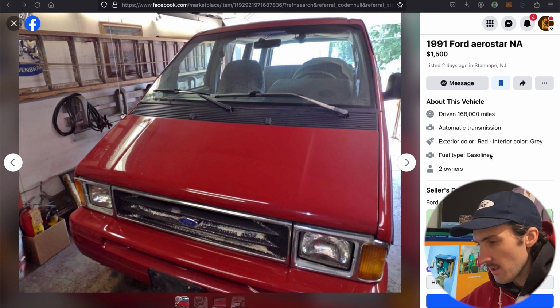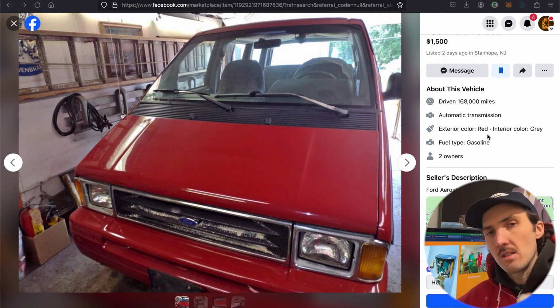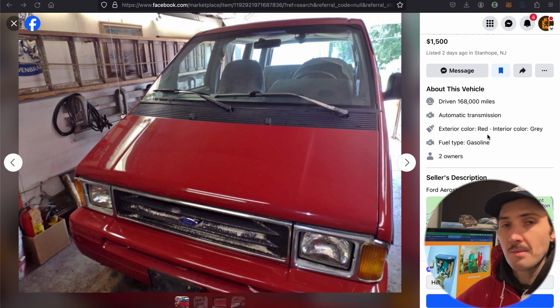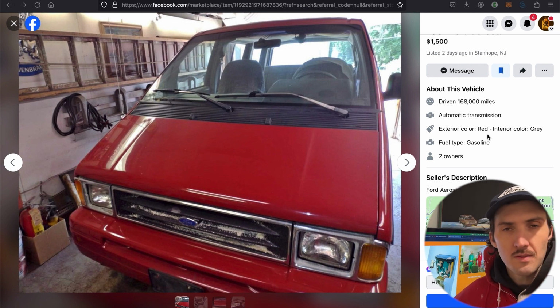So a 91, which is a cool year, which we'll talk about, driven 168,000 miles. Now, what's curious about that is this seller has two vehicles listed. He also has a Toyota Tacoma listed, and that is also listed at 168,000 miles. Quite coincidental that both vehicles have the exact same mileage, which leads me to believe perhaps it's not actually 168,000, or it could just be he has two vehicles that both have 168,000 miles on them. I would be curious to know if that's true or not. And this listing, we're going to leave with a lot more questions than answers in this